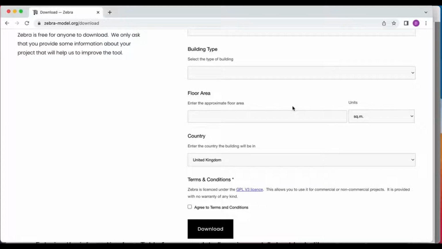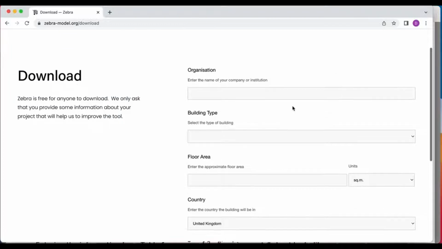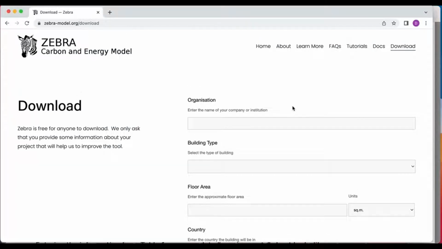Okay, and the reason we're collecting this data is partly so we can look at where Zebra is being used and by whom, and make developments directed in that direction. But it's also because we're really interested in how much activity is happening in the world with Zebra. So thank you very much for filling that in. It's going to be really, really helpful.